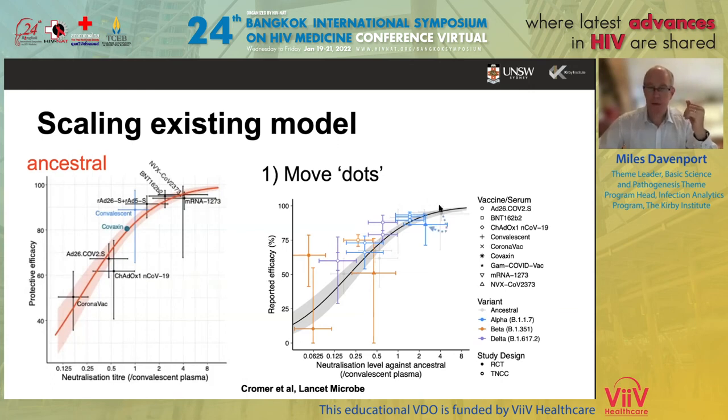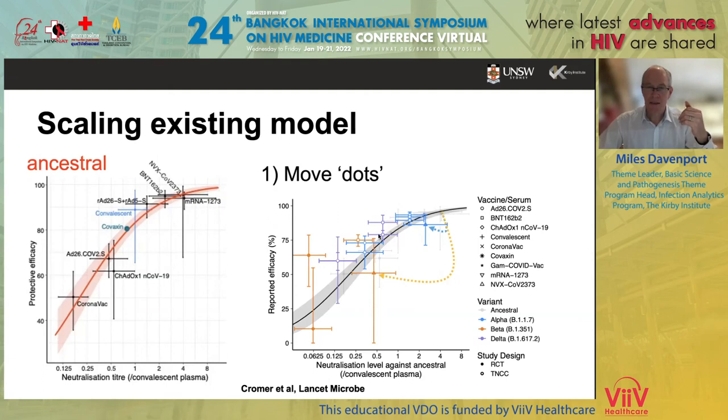So, for example, up here is Novavax, which has about 4-fold the average convalescent titer against ancestral virus. And if you look at the alpha variant, as I said, it drops about 2-fold. And here's the drop in neutralization titer, and there's the observed drop in efficacy. Similarly, if you look at the drop against the beta variant, again, a much higher drop now, 8-fold, and here's the observed efficacy.